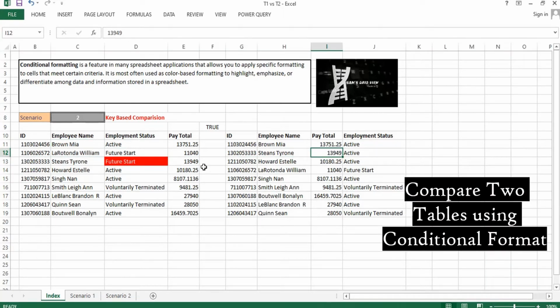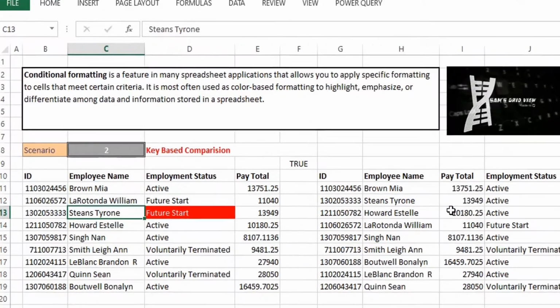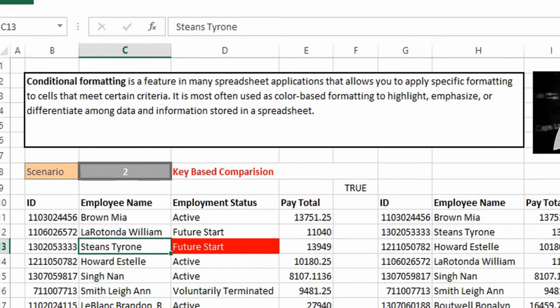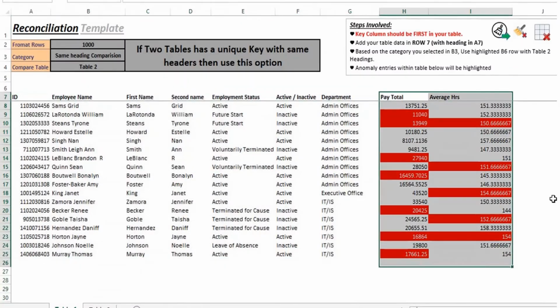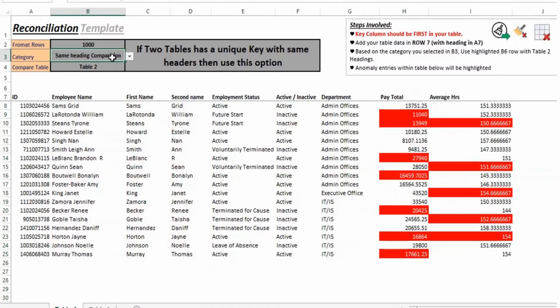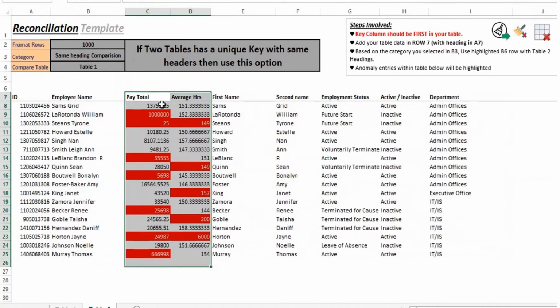In this video, I will explain how to compare two different tables in Excel using an option called conditional formatting. A separate reconciliation template is created based on this concept, and the complete video is available in our